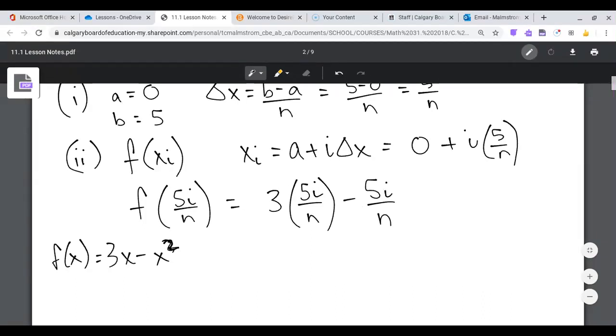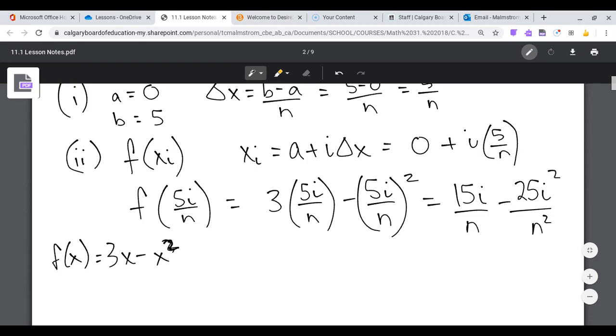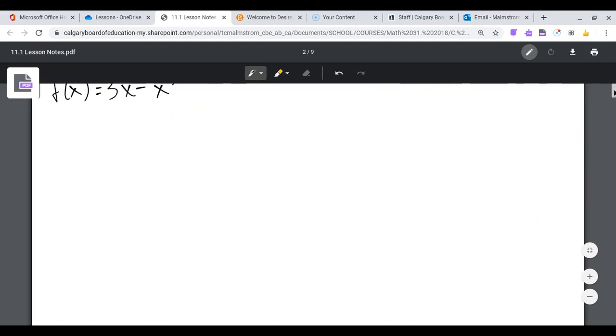Fi on n squared, which when you calculate that, you get 15i on n minus 25i squared on n squared. Okay, so now that we have our two pieces for our limit formula, we're going to fill out the limit formula. Okay, so the limit as n goes to infinity from i equals 1 to n. So we have f of